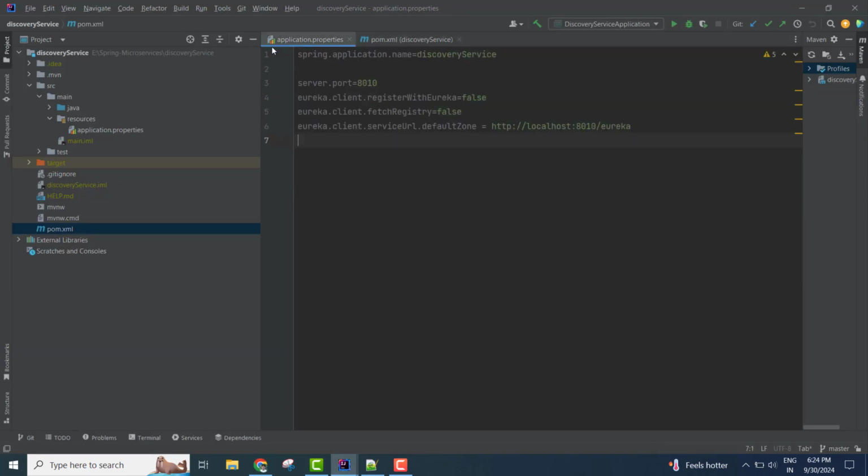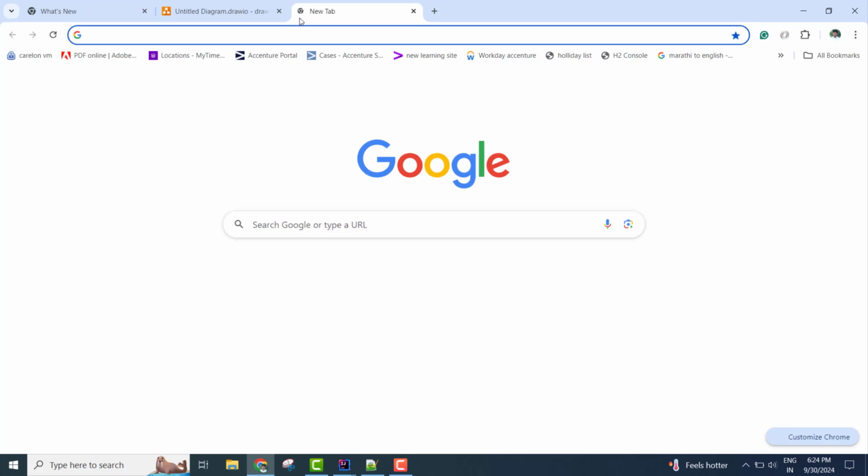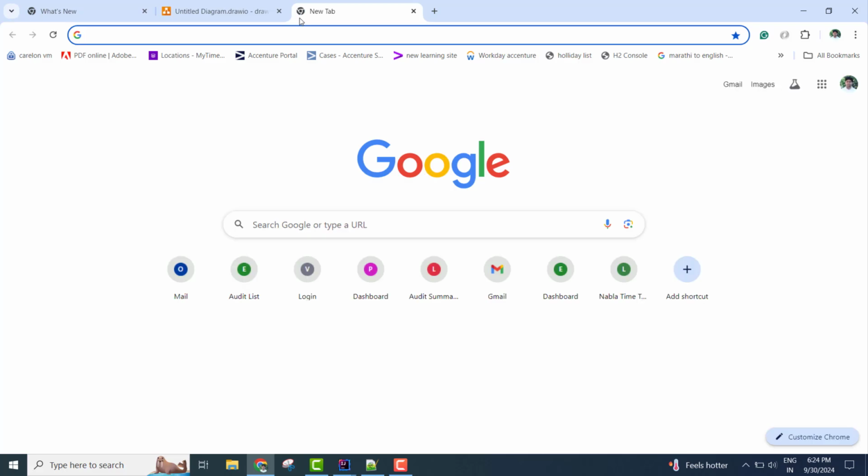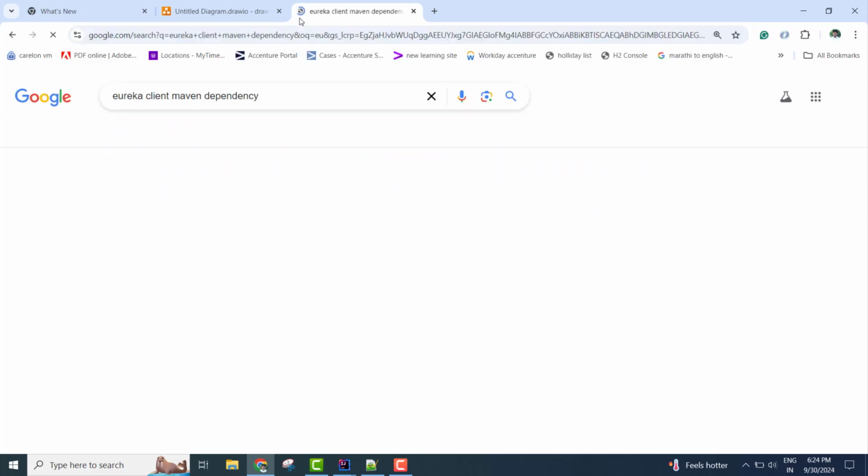So this is our Eureka server. This is our discovery service, and in this discovery service, we created this link. So we will use this link to register the user service to this Eureka server. Okay, so to do this configuration, first go to Maven to download one Maven dependency, that is the Eureka Maven